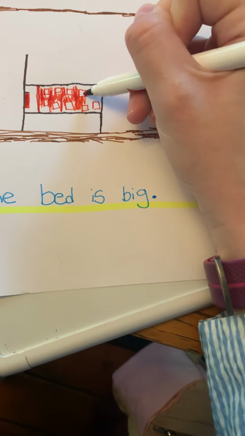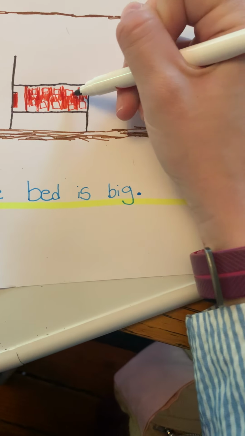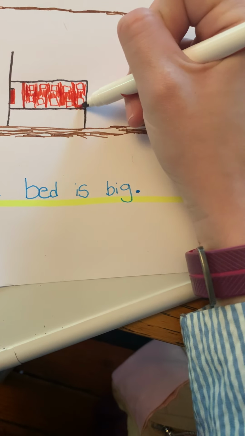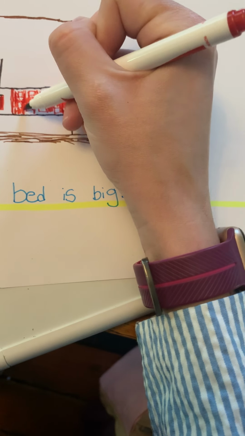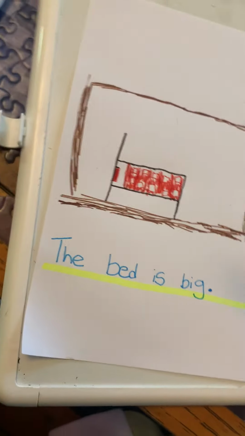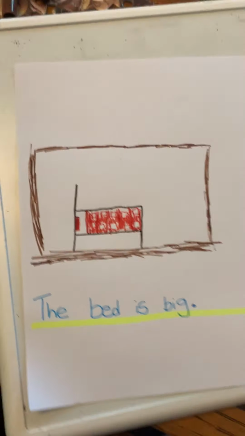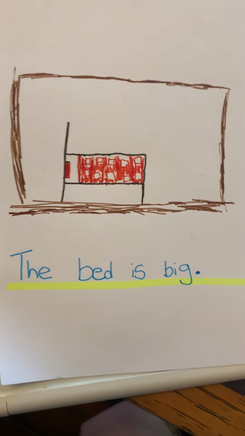All right, now while I'm coloring this in, be thinking if our sentence had a character in it. All right, well, this is not the prettiest artwork I've ever done, but it works. All right, so does our sentence, the bed is big, have a character in it? No, it has a thing in it, and that thing is the bed, but it doesn't have a character. So I'm not going to add a character to my story, but if you did want to add a character,